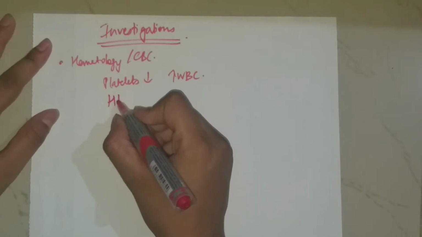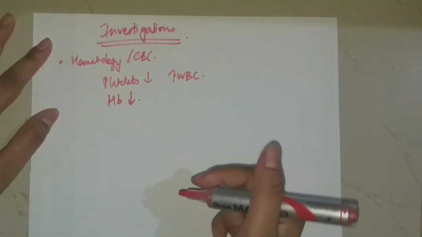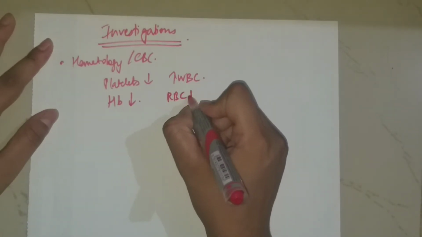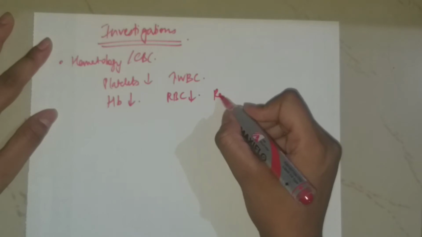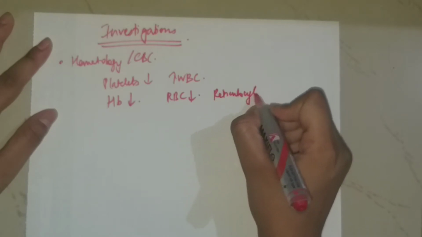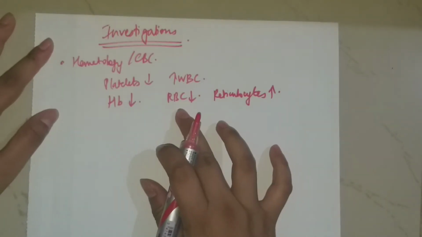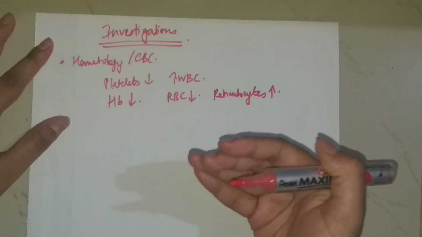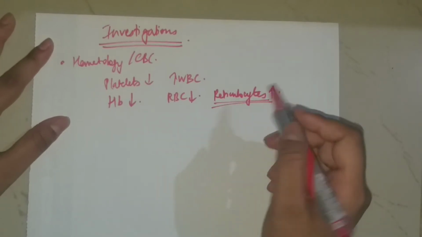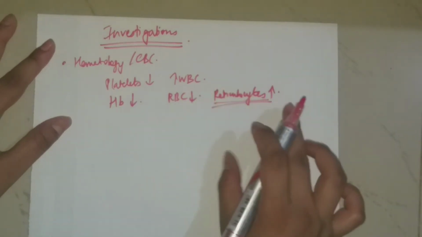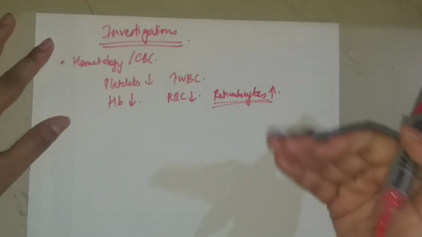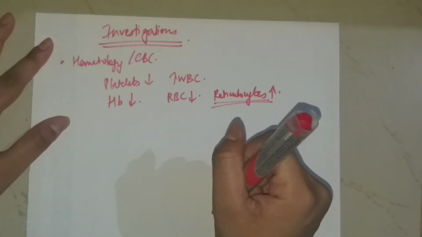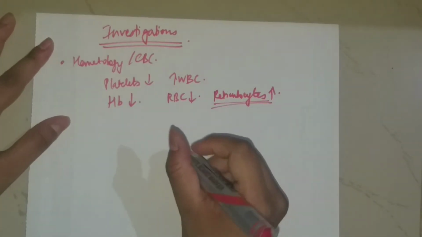Also there is fall in the hemoglobin because of this hemolytic anemia. Of course, the number of RBCs falls, but the number of reticulocytes increases because there is breakdown of RBCs, so more RBCs are being synthesized in the bone marrow, so some reticulocytes are increased in the blood. This is suggestive of very active replication and formation of RBCs in the bone marrow, so this is what it indicates, as you know.